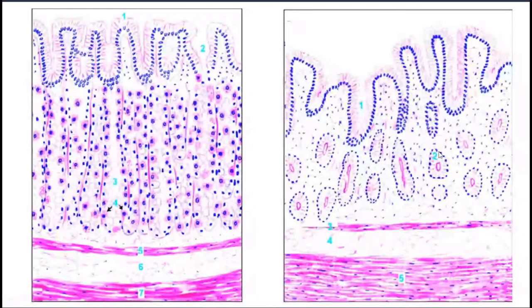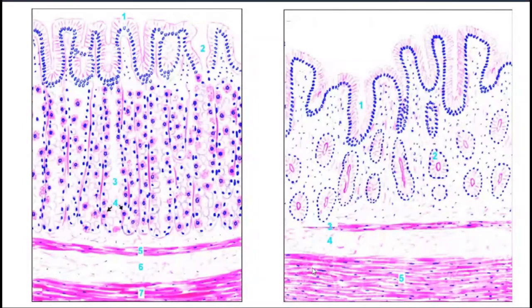You get the circular cut section of the gland, mostly occupying the whole of the lamina propria. So you will get a minimal amount of connective tissue in the lamina propria. Then the muscularis mucosae is the same, and in the stomach the muscularis externa has a fourth layer, the oblique layer, along with the inner circular layer and the outer longitudinal layer. So this is all about the esophagus, fundic part and pyloric part of the stomach.